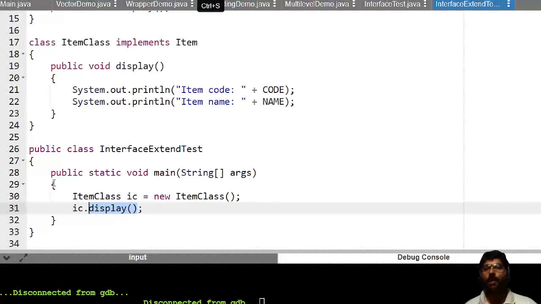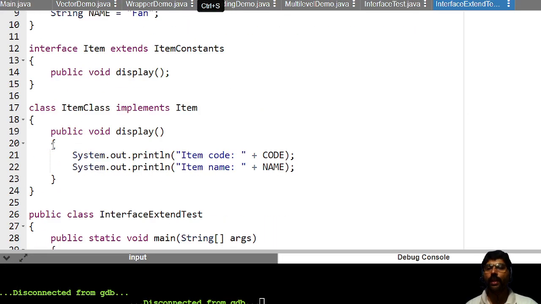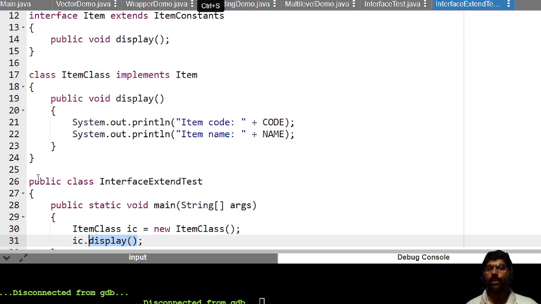One important property which was already mentioned in the previous lab experiments, I want to repeat again. See, in this experiment, I have created two interfaces and two classes. For one class, I have to mention the keyword public. All the other interfaces as well as classes are just simple ones; I don't need any access specifier. But one class I have to write public, that is the class which contains the main method.